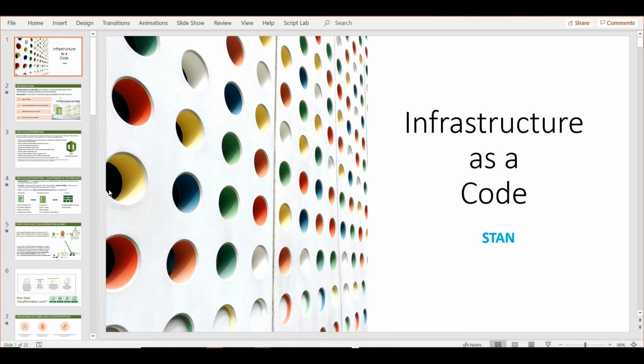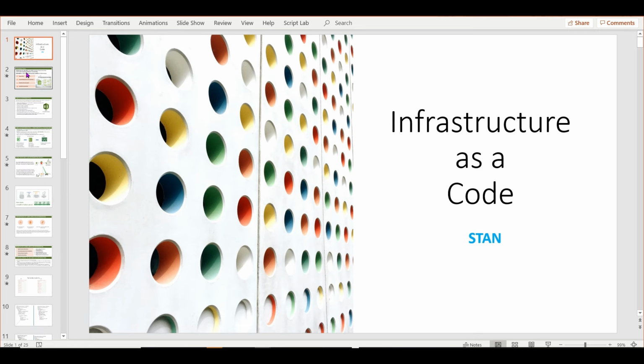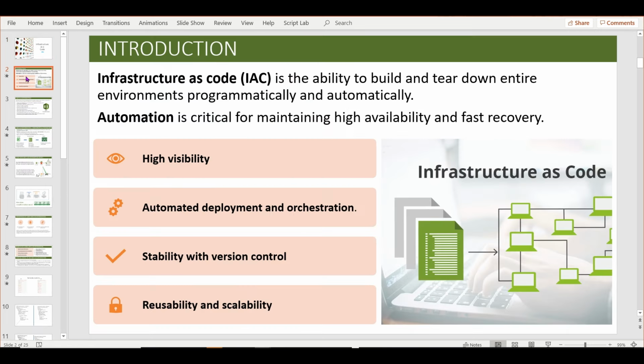So infrastructure as code is one of the DevOps principles, part of the DevOps framework, where if you are deploying the environment using code, you can easily build the entire environment in a programmatic way. If you want to create it again and again, you can just use the code, so that all the parameters and metadata information is already populated. So this is an efficient way of